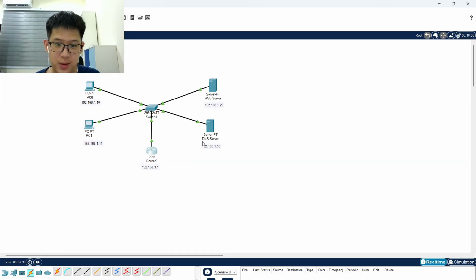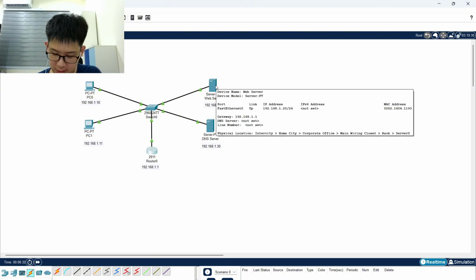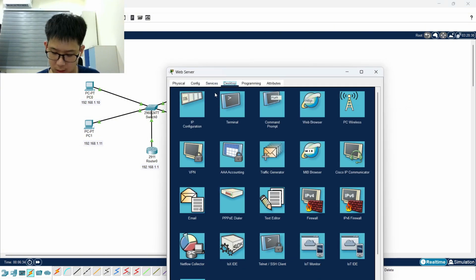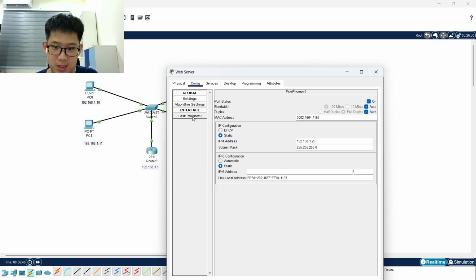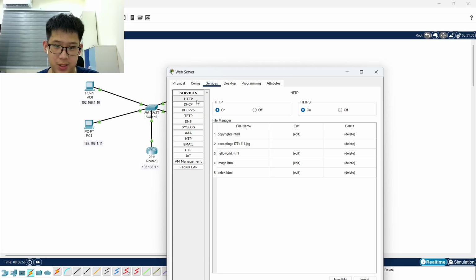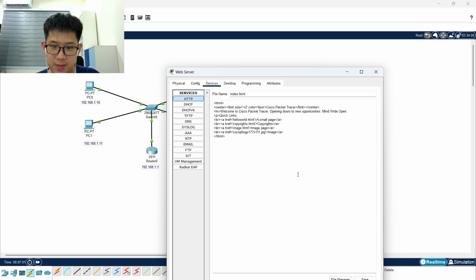So right now the next step is to configure our web server. Go to web server, desktop, IP config, and no, sorry, go to config tab and select fast Ethernet 0. Make sure the port status is on. Over there, go to service, click on HTTP, make sure the HTTP service is on, click on index.html, erase everything